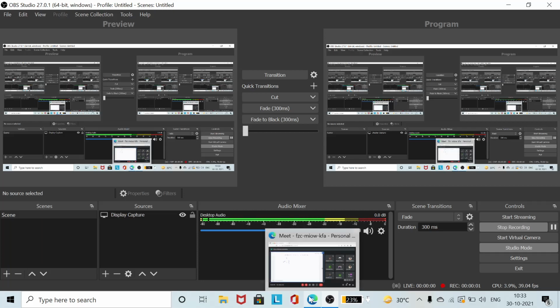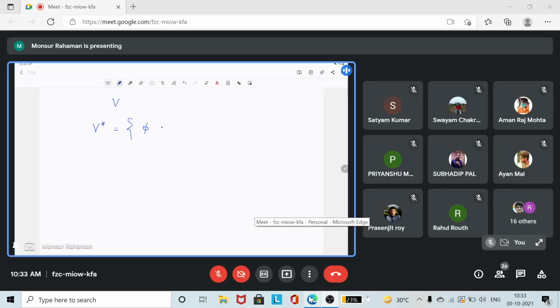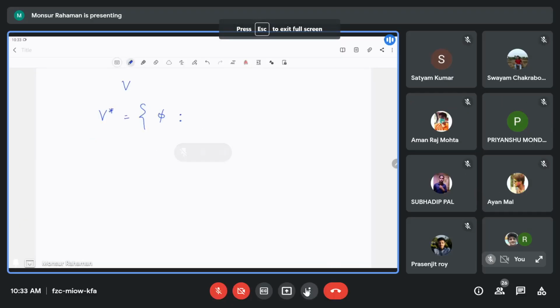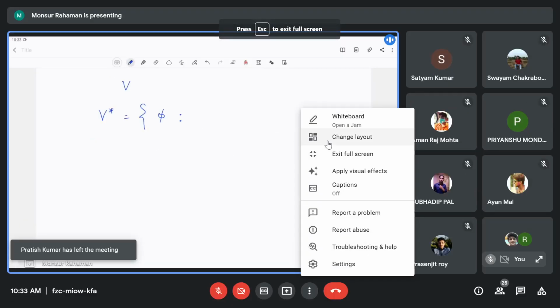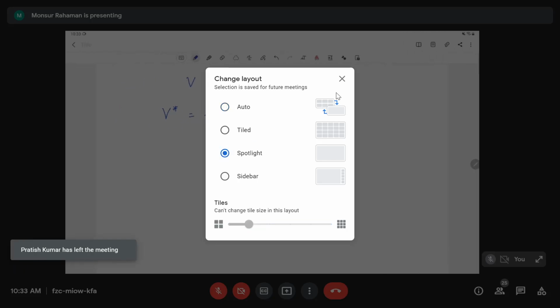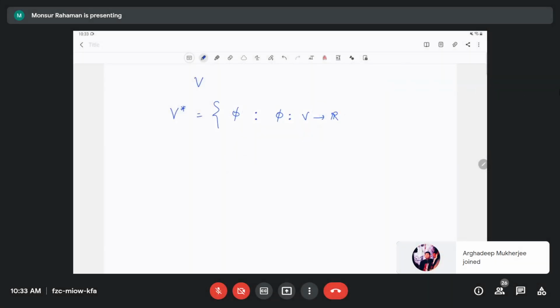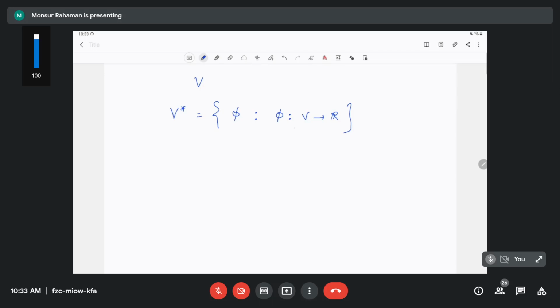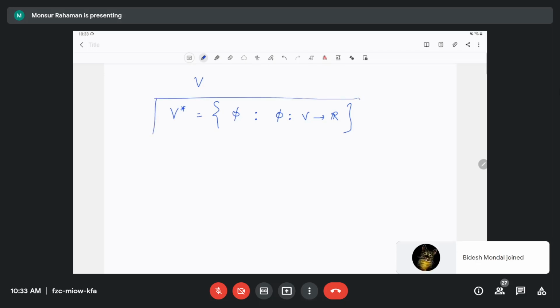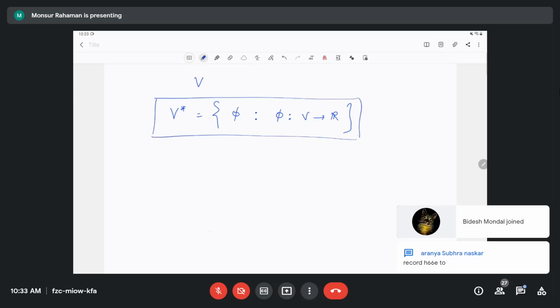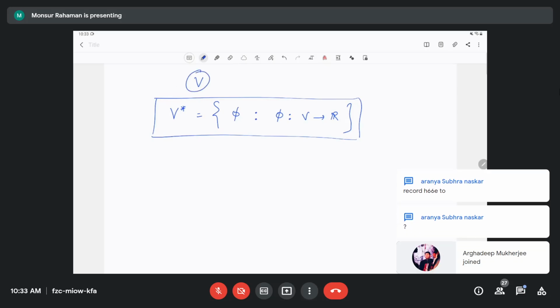This way, V star, which is the collection of all linear functionals, is also a linear transformation, a special type of linear transformation, phi from V to R, the field, because the field itself is a vector space. So that's why it is a linear transformation. But because it is a field, that's why we are going to call it a functional. Okay, so we have already proved that this is also a vector space defined from this vector space. So it is called the dual vector space.